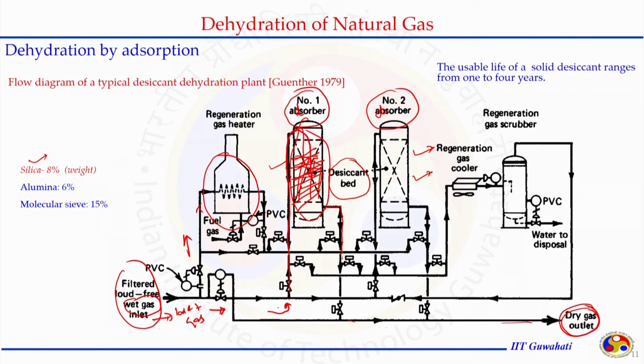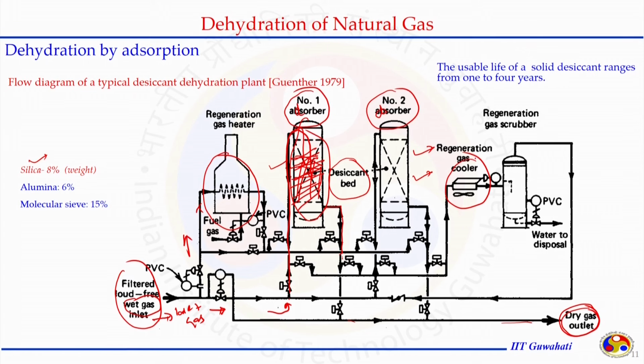This regenerates the bed for use. When this is happening, the natural gas gets heated, and before it can be sent to a separation process, it has to go through a cooler. If the natural gas is at a higher temperature, the water content will be high, meaning the separation will be difficult. That is why the natural gas should be cooled down before it goes through the process of dehydration, and that can be done using the cooler.